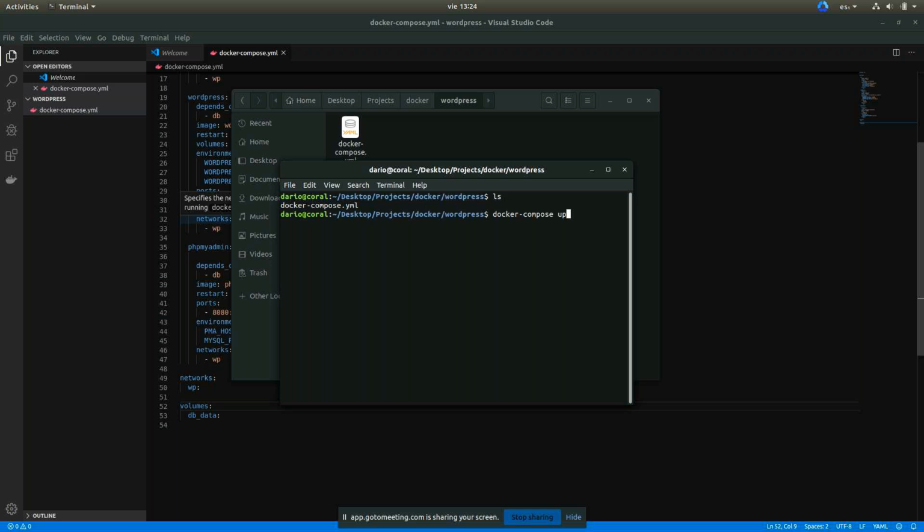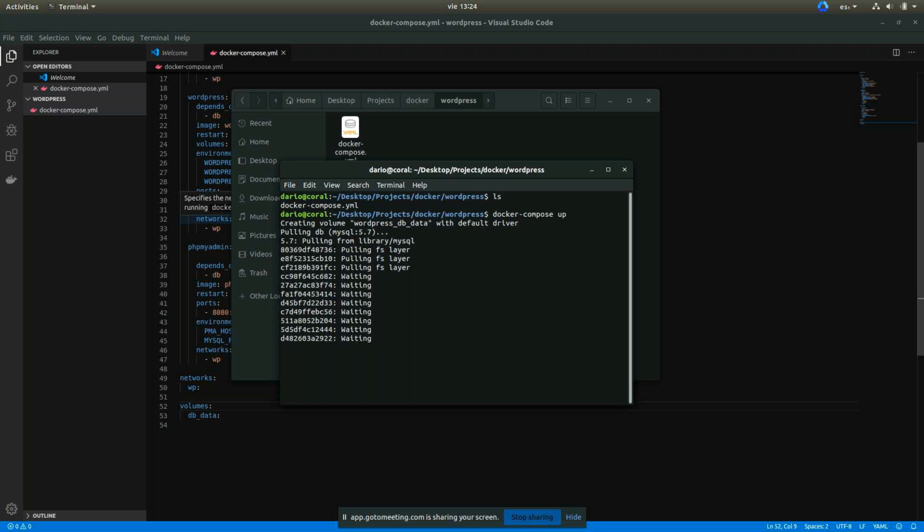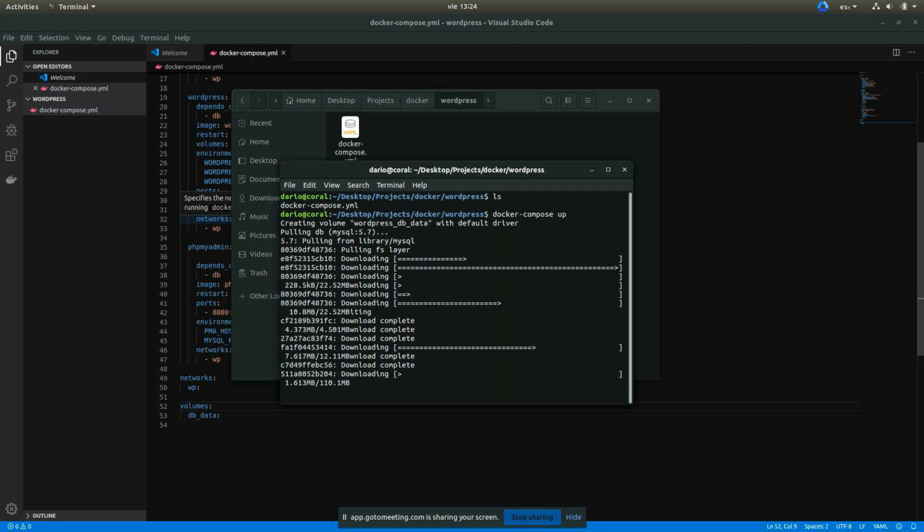This may take several minutes, depending on your internet connection, but this will be less painful than manually setting up and installing all the services by itself. So right now it's downloading the MySQL image from the Docker Hub.